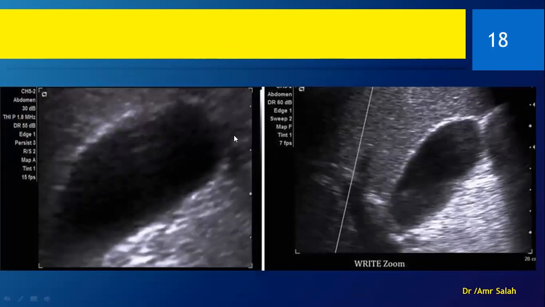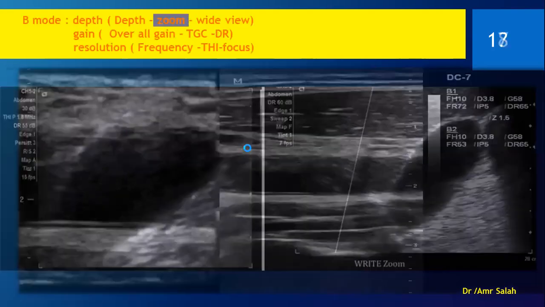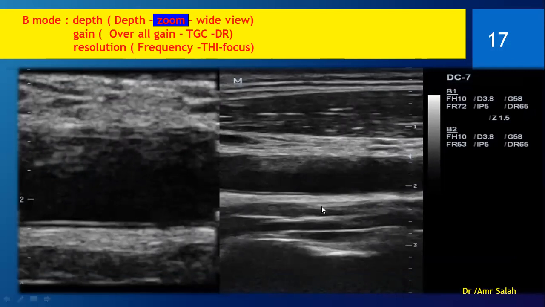Okay, so why would we do this? Why zooming in? The image is okay here. There must be something that we want to know. Let's say we want to measure the intimal media thickness, it is this part here. Look at it here. Voila. Now you can assess it better and measure it more accurately. So this is the application, how we can use this zoom function in our work.